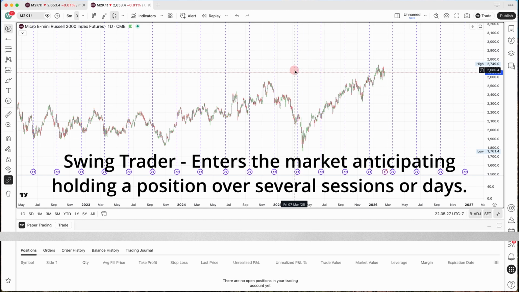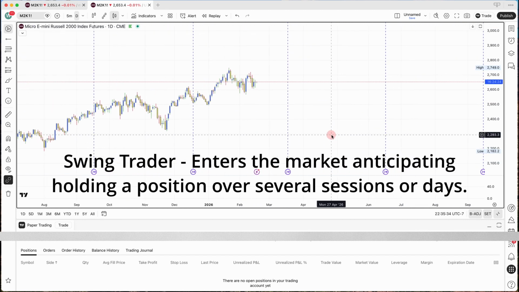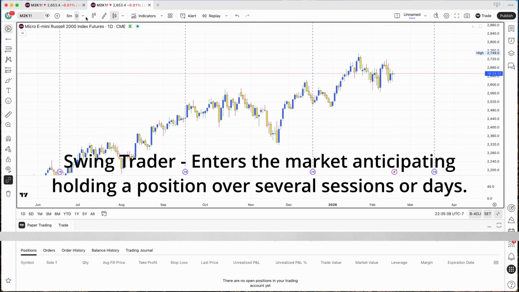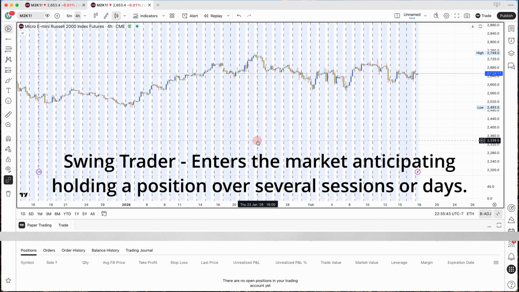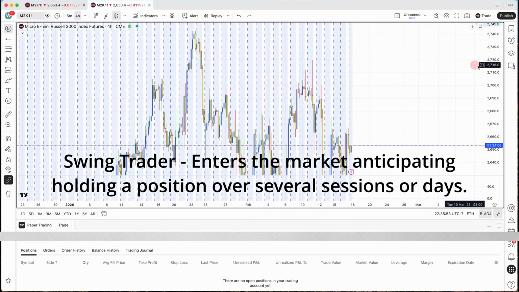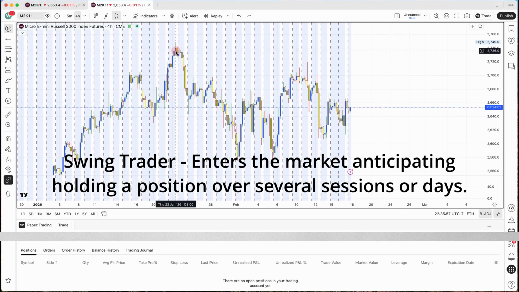I'll erase the line. That was from the monthly chart. So anyway, a swing trader will use the daily and the 4-hour chart to make their technical determinations. As we look at the 4-hour chart, we are seeing that the Micro E-mini Russell is actually trading